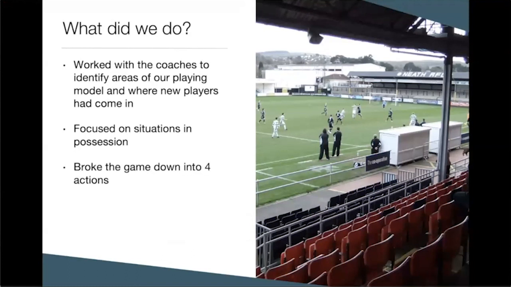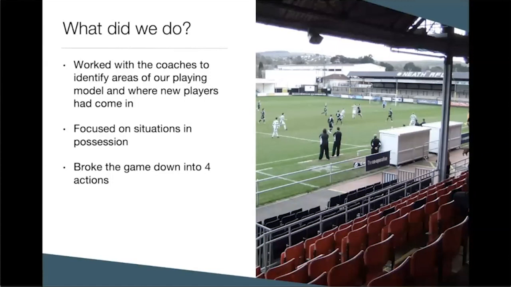And then we broke the game down into 4 actions. We made it relatively simplistic, if you will, just to really nail down what we were looking at, but only in specific moments. So, for example, in this first year that we came in, we had a new fullback come into the squad. He'd been playing professionally, he'd dropped out of the professional game in England and then moved into the professional game in Wales. He was a considerable asset. He was on a substantial amount of money, and he was a player that we felt was going to help us make a big difference both in the league but also in Europe. So fundamentally, we focused on the fullback area and receiving the ball within our defensive third as a fullback.